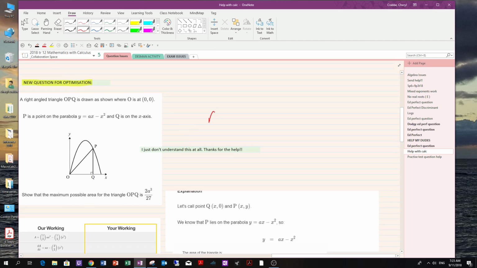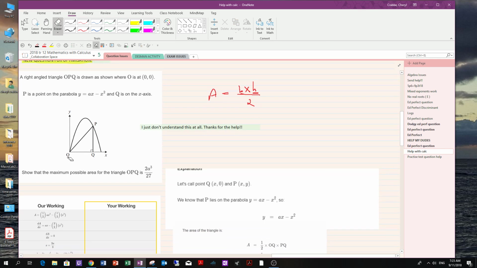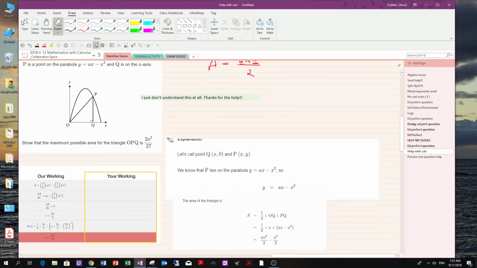We need to get an area formula for the triangle, which we know to be base times height over 2. But base B and H are of no use to us. So we need to get that base, this line here, and this in terms of X and Y, something useful, right? So what we're going to do is name, we know that basically we have this formula that